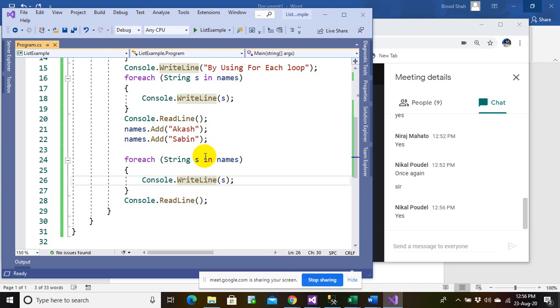Nikhil, yes. Okay, so I think I'll stop today's session here, and tomorrow we'll plan one small project using all the concepts that we have learned till now, and the project will be based on GUI. Everyone, you have an idea of GUI, but don't worry, we'll cover all of that again.